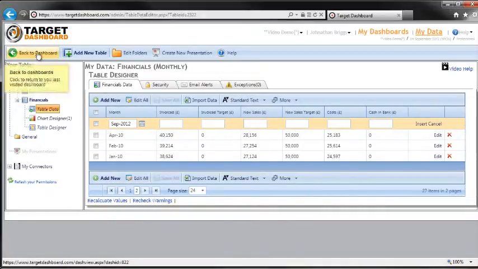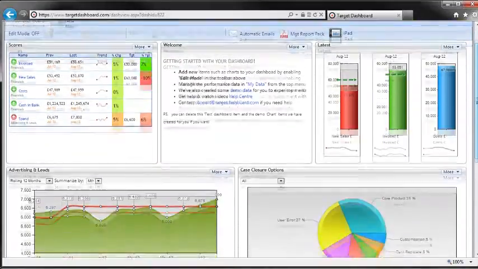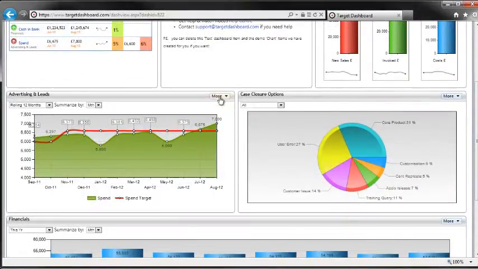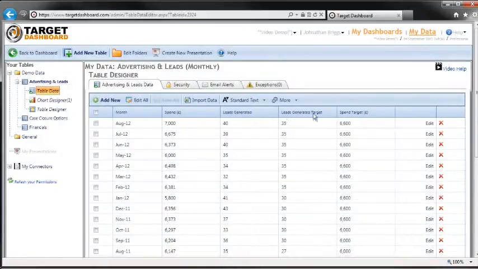Let's go back to the dashboard. Whilst you can get to your data from the My Data section, there's a little shortcut. If we go down to a chart, we can go to the More button and we can go to Edit Table Data. And this takes us straight away to the data that makes up that chart. So here we've got spend, lead generated, target and spend target. Let's return to the dashboard